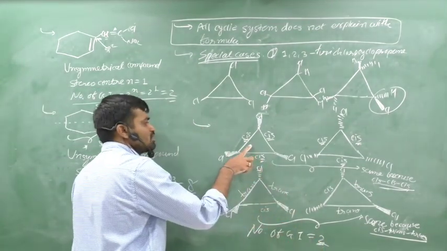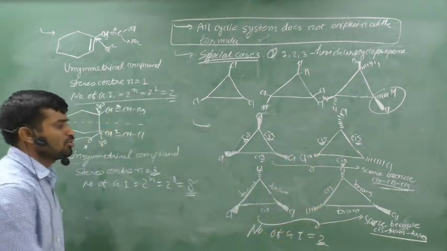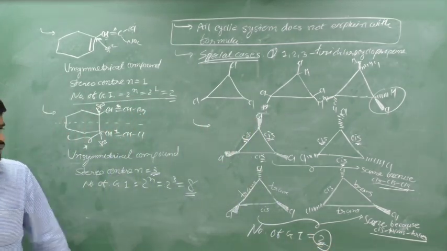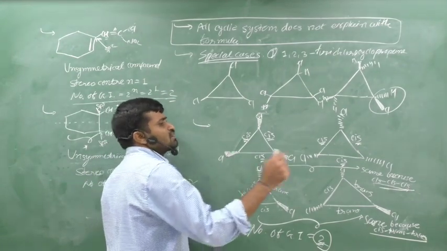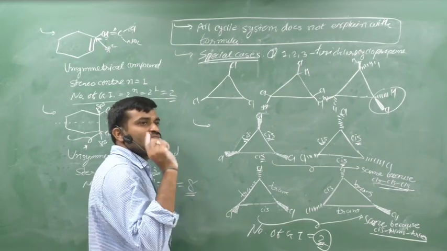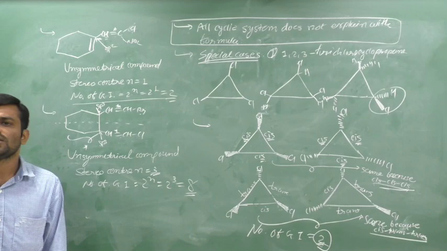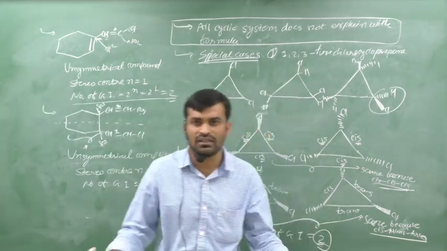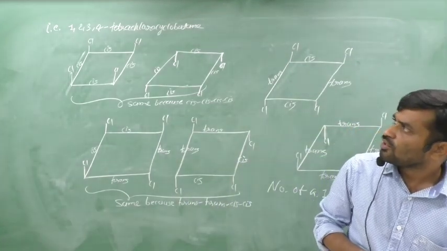First one is this or this. Second one is this or this. Clear? Therefore, the total number of GI is equal to 2. It is a special case. Clear? If you have a cis system, it is the same. If you have a trans system, it is the same. If you have a cis trans, it is the same. If you have a trans cis, these two compounds are the same with respect to the geometrical arrangement or GI. And the last special case we can discuss here is 1,2,3,4